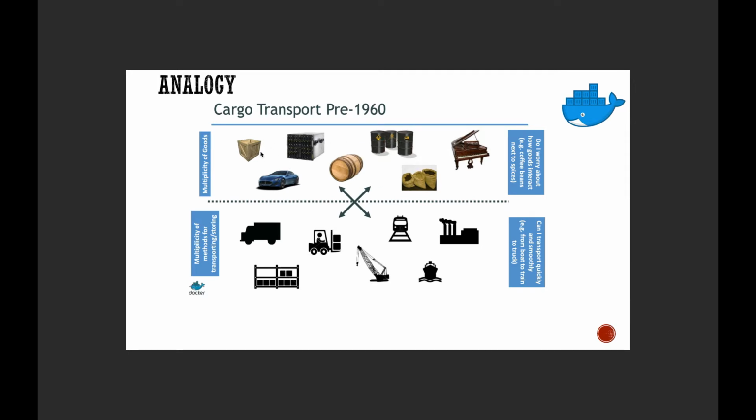Or we cannot pack a car with some other heavy machine, so there may be some dents and other things. So that was the issue here. Other than that, transportation was also difficult, like how to carry such heavy stuff, or very light stuff, and we are using very heavy lifting equipment. So those kinds of issues were there. Also, how to do the transfer smoothly and quickly, in an efficient way, as there were multiple methods of transportation and storing available.